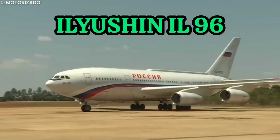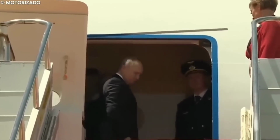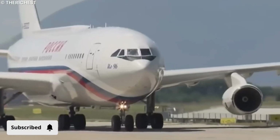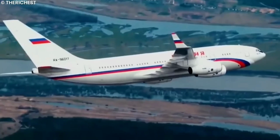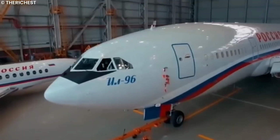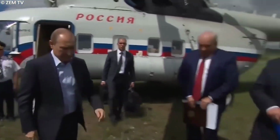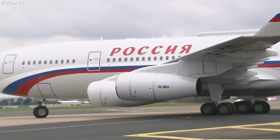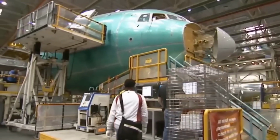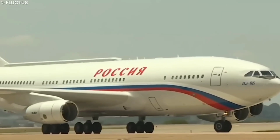Starting off with an Ilyushin Il-96, $550 million. Russia's answer to Western luxury comes in the form of a $550 million Ilyushin Il-96, a flying fortress that combines Soviet engineering might with modern opulence. What makes Russian leadership worth protecting with over $500 million of aircraft? This beast represents Russian aerospace independence, refusing to rely on Western manufacturers while creating something that matches or exceeds their